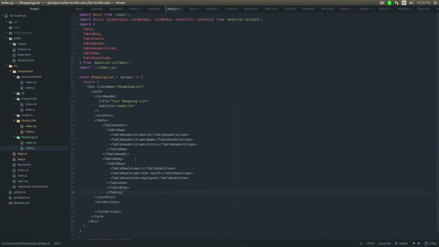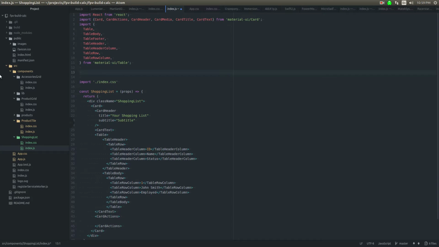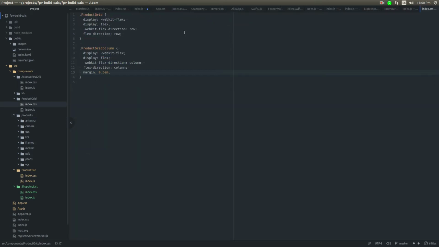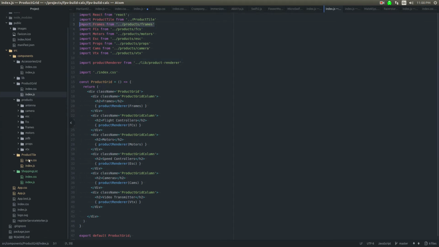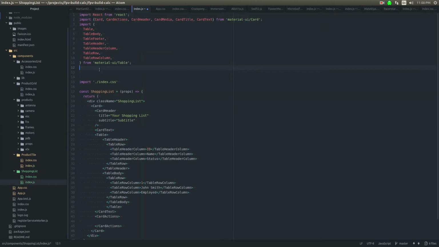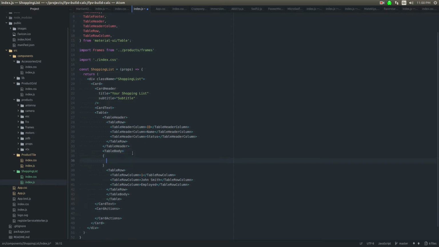I'm going to import, this is just temporarily, I'm going to import some products just so that we can test this out kind of. Let's just grab like the frames, since there are a lot of them. So I'm gonna do an iterator here. I'm gonna iterate over frames. I'll say Object.keys for frames map